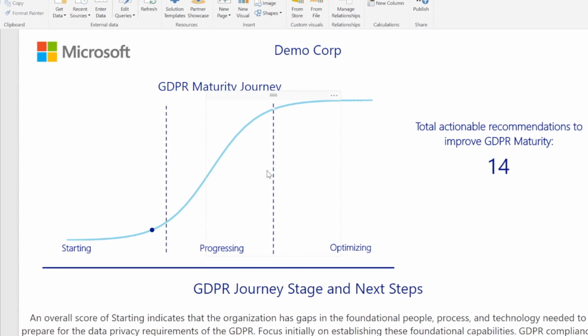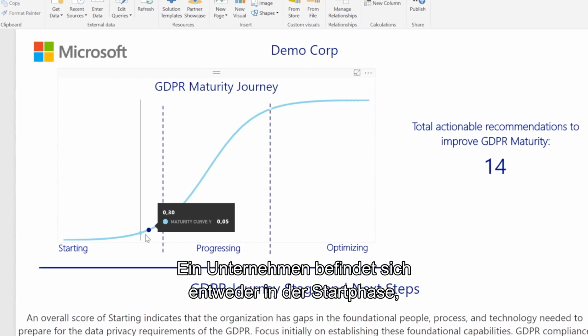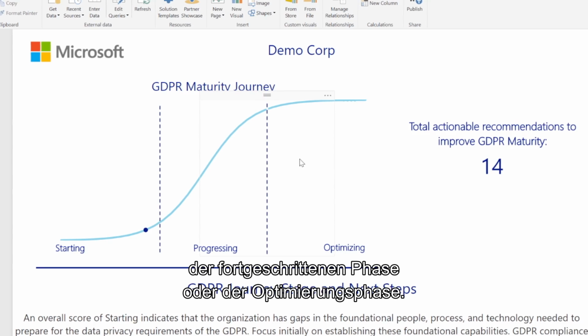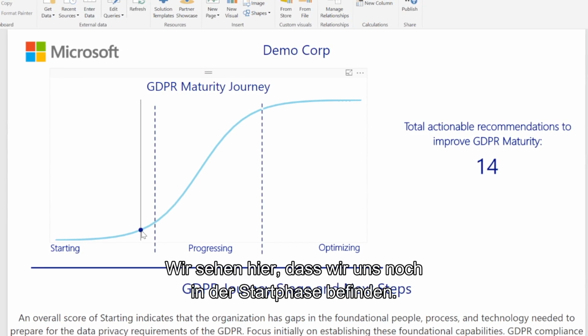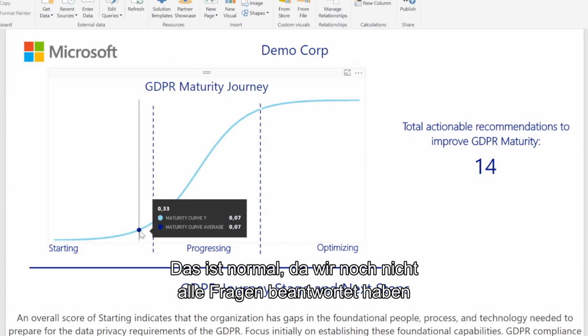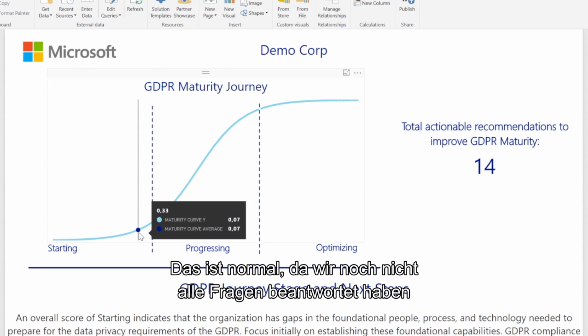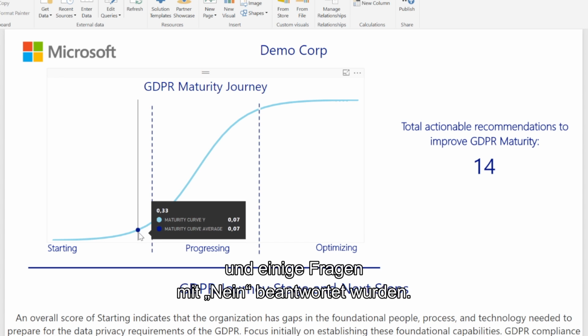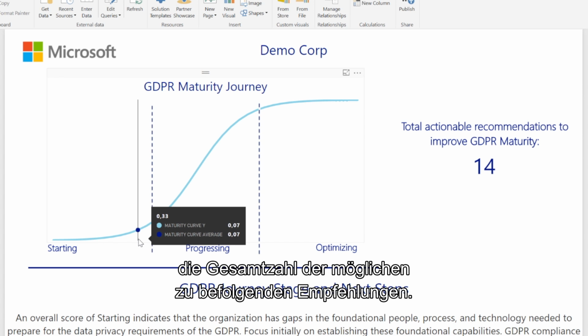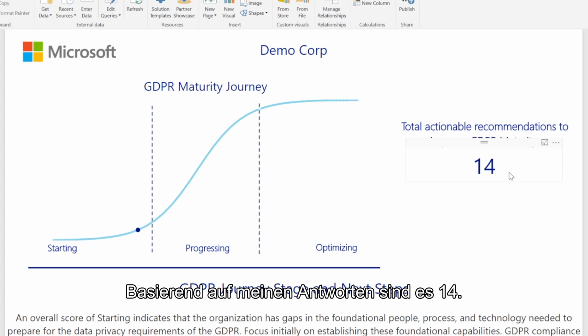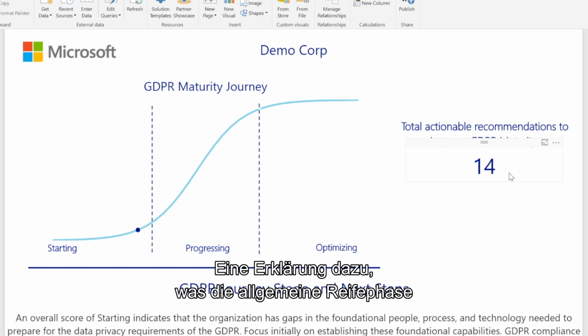which you can see here, whether a company is in the starting phase, the progressing stage, or the optimization phase. We see here that we are still in the starting phase, which is normal, as we didn't fill in all the questions and we answered a number of questions with a no. We also see on this tab the total number of possible recommendations to follow, which is 14 based on our answers, and what the customer's overall maturity stage means. And this is the